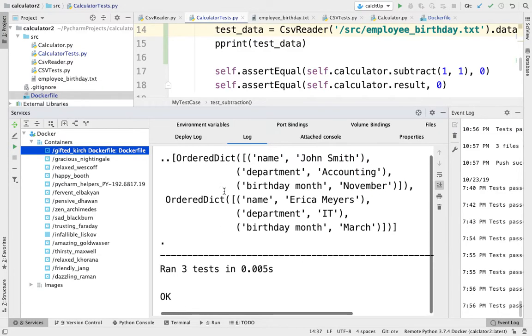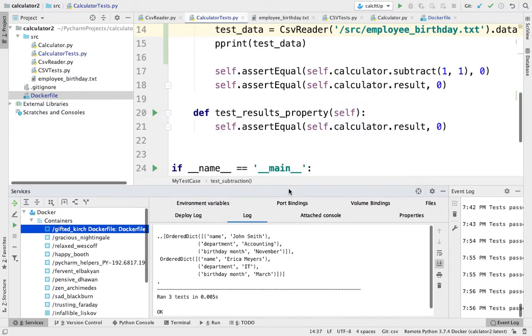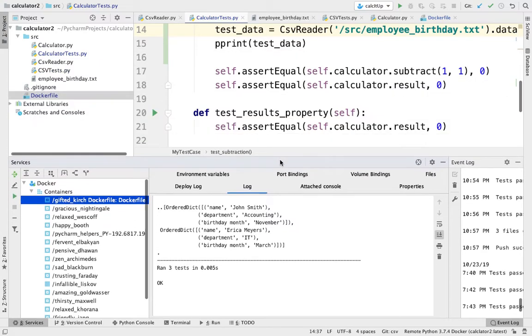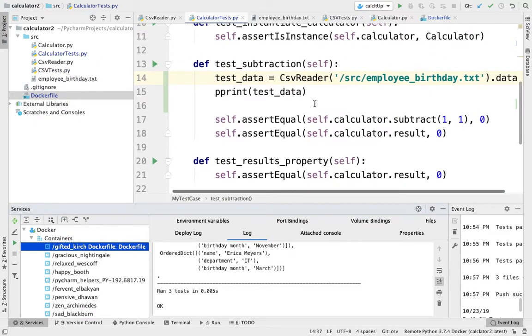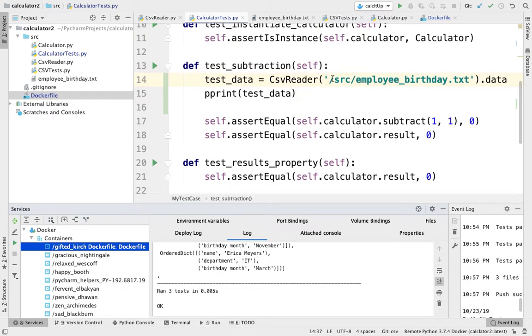But if we look at it, it's just the data property gets read, and the data property contains the contents of the CSV file. So what you would then do is something like